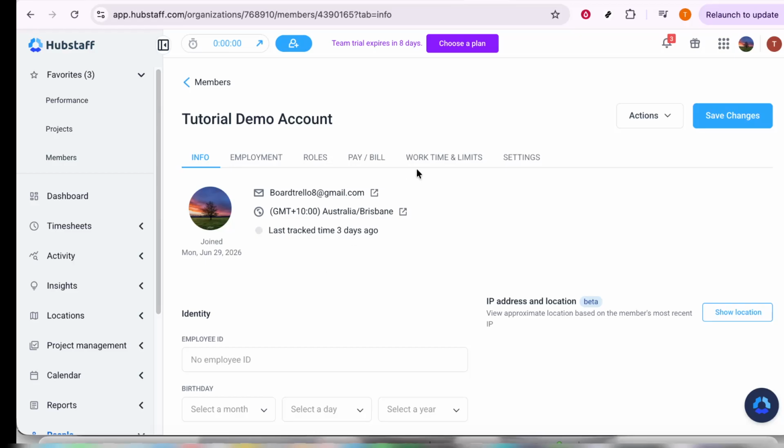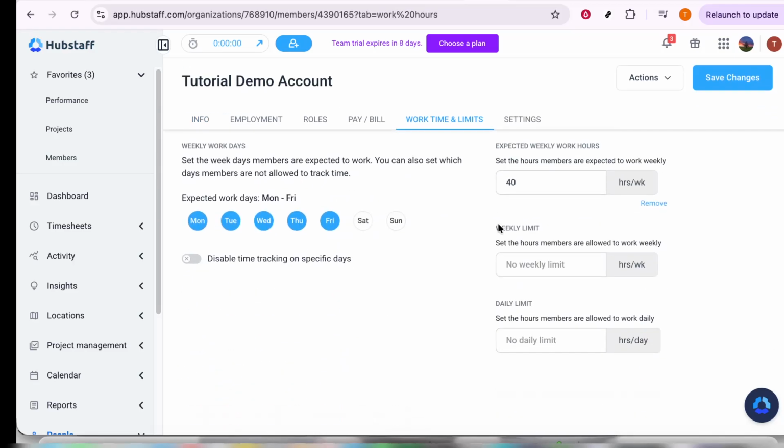After opening the team member's profile, look for the Work Time and Limits tab and click on it. This section contains the settings related to that person's working hours and restrictions. It's the place where Hubstaff lets you define boundaries for tracked time. So if you're trying to prevent someone from going over a certain number of hours, this is exactly where you